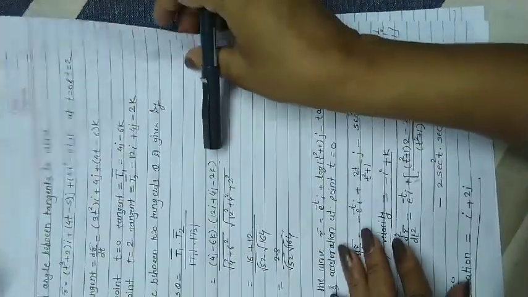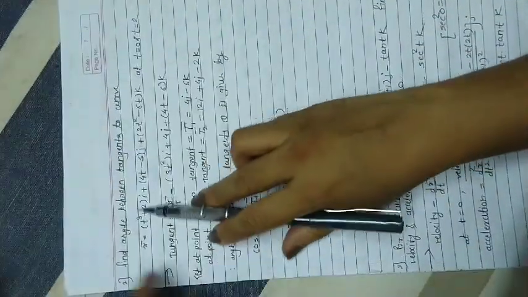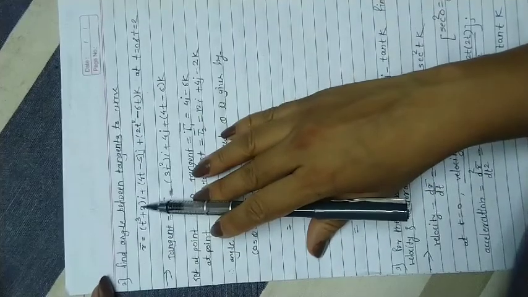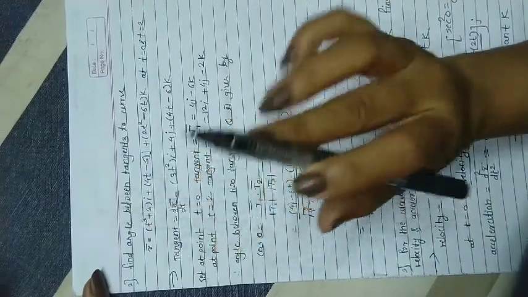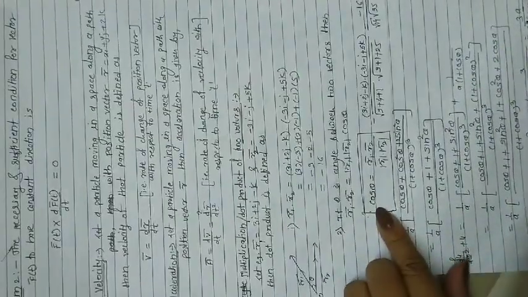Now this is the second example, on the angle. Where to find the angle theta, or where to find out theta or cos theta. There is only one definition of angle, that is cos theta is equal to, like this. We have to use this formula.